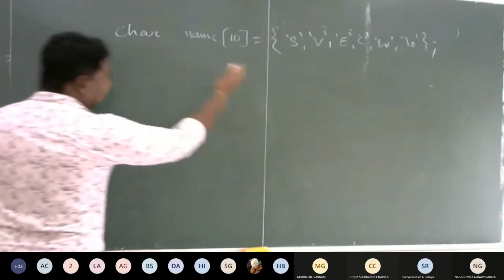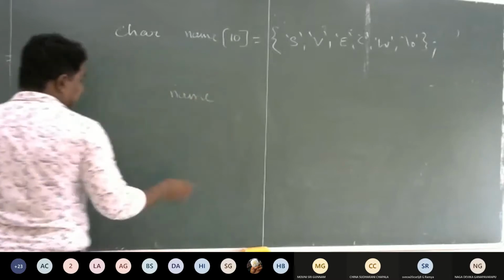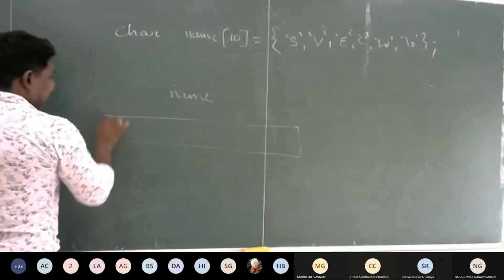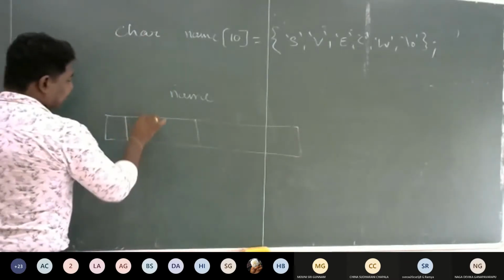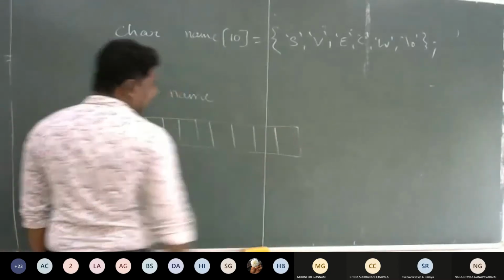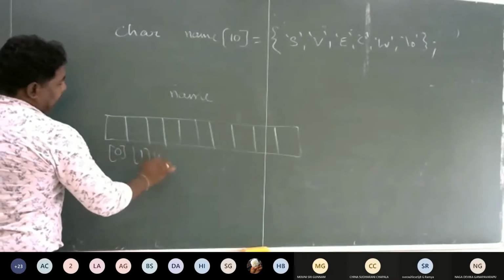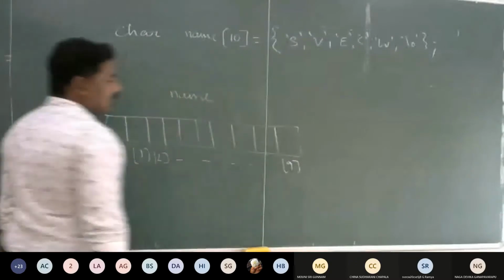For this character array, the memory is occupied like this. Name is the name of your array, created with a size of 10, so there will be 10 characters, and the last character index is 9.